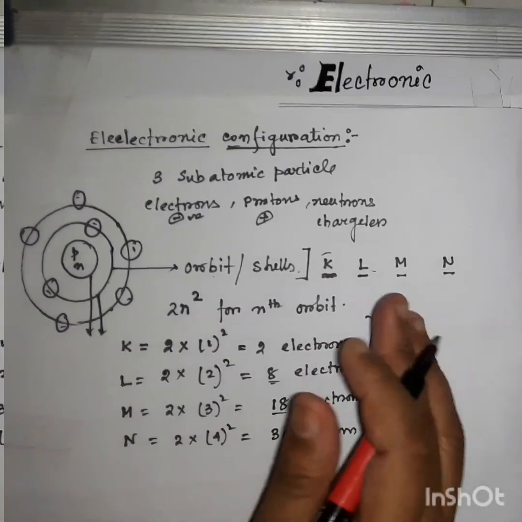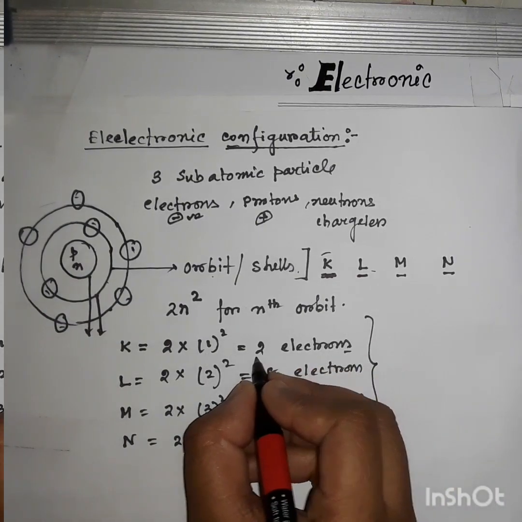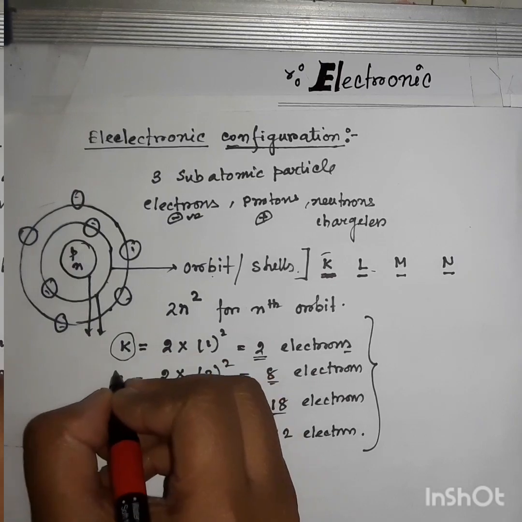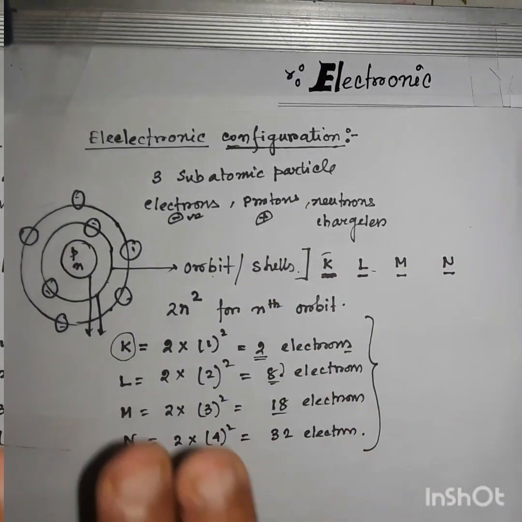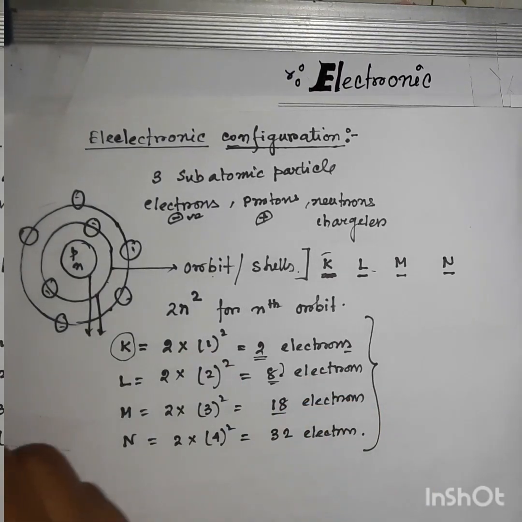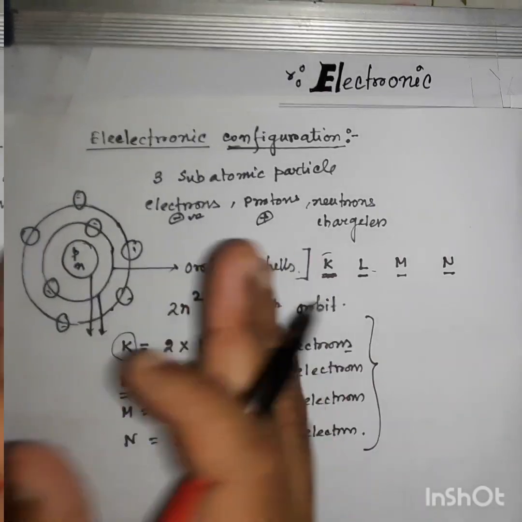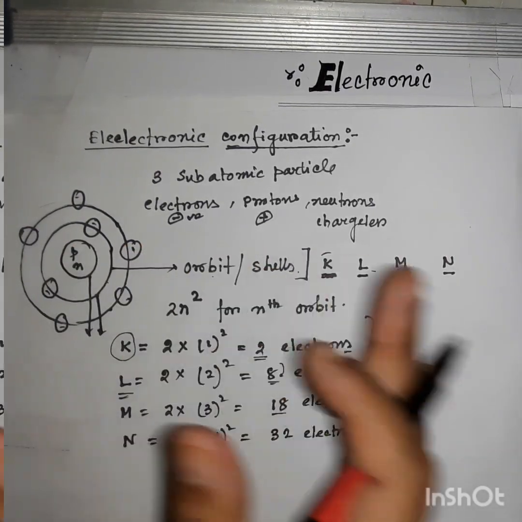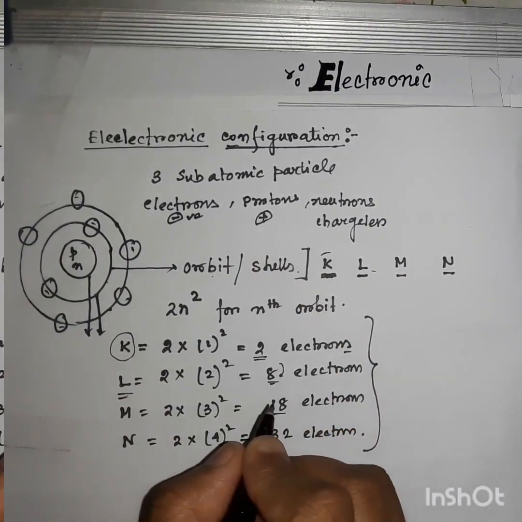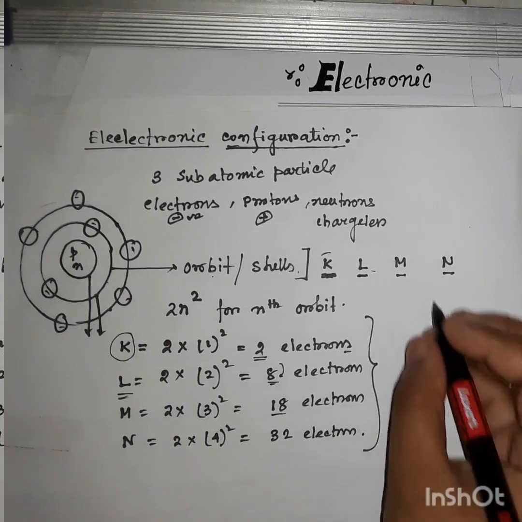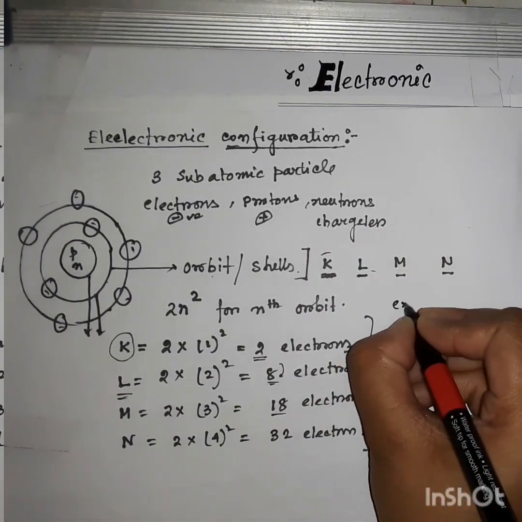So how to fill up those electrons in these shells? If I have an element which has more than 2 electrons, then what has to be done? Then 2 electrons have to be placed in the K orbit, then the rest of the electrons will come to the L orbit, which must be not more than 8. If the L orbit is also filled up by 8 electrons and some electrons are still left, then those electrons will come to the M orbit, and so on. To elaborate our study, we will give some examples.